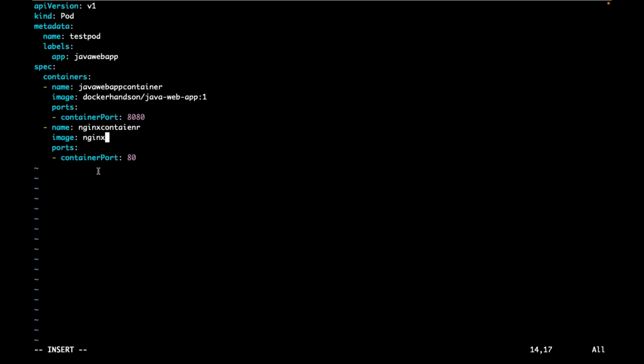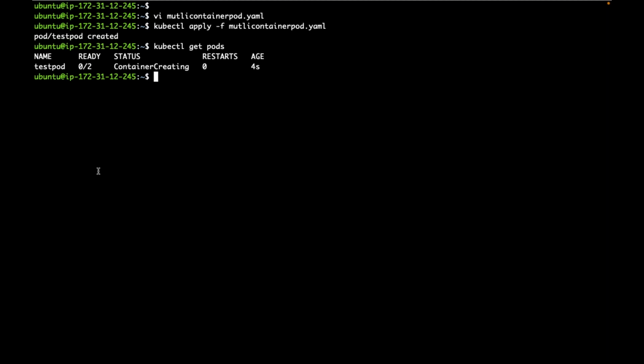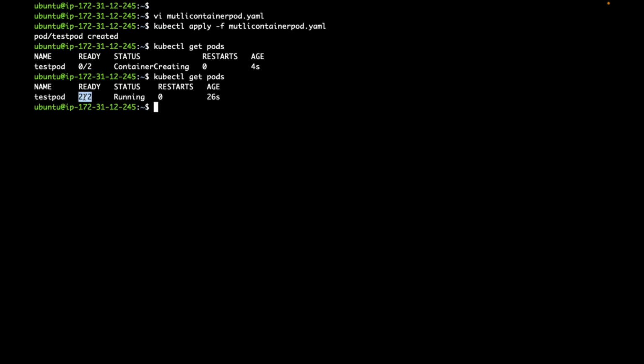Now, in which namespace is it going to deploy? Since I have not mentioned any namespace, in which namespace did it get deployed? Default. Now I can see 2. What do you mean by 2 here? This is the pod. Here it is showing 0 by 2, the number of containers expected in that pod. Now it is showing 2 by 2, which means both containers are ready in that pod.